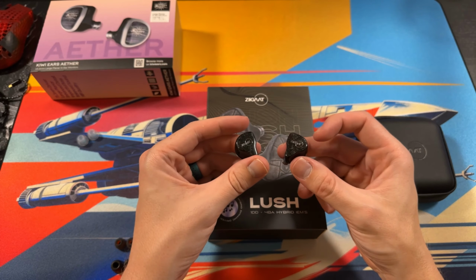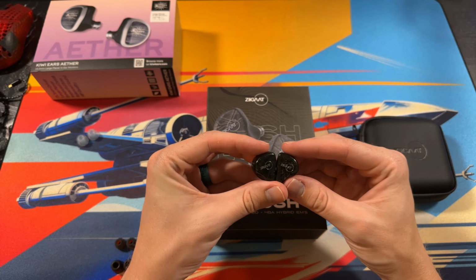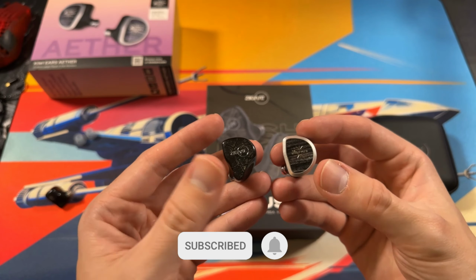As far as the separation goes, it was very good. You could tell instruments were split. They weren't really melded together anymore. If you clearly wanted to focus in on one instrument, you could do so. So even though the sound here is very neutral, it didn't really take away from the separation of sound and instruments at all. As I stated before, the Aether from Kiwi were the main contrast